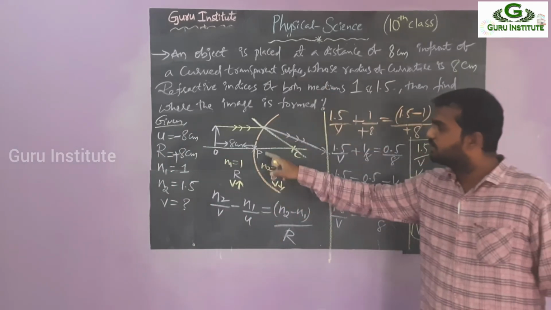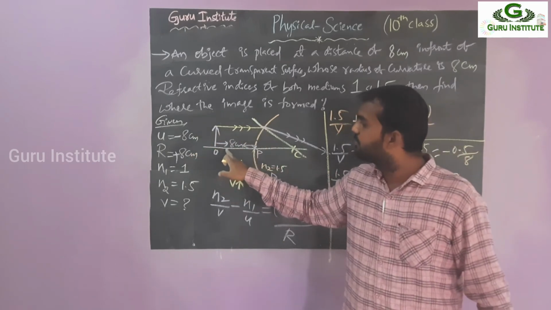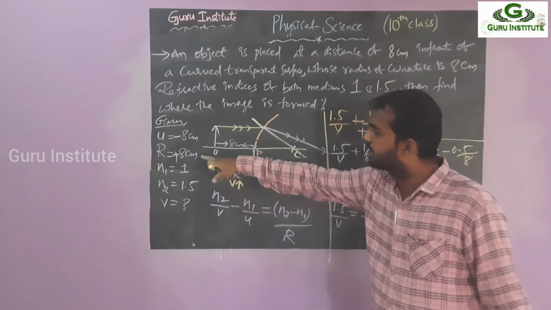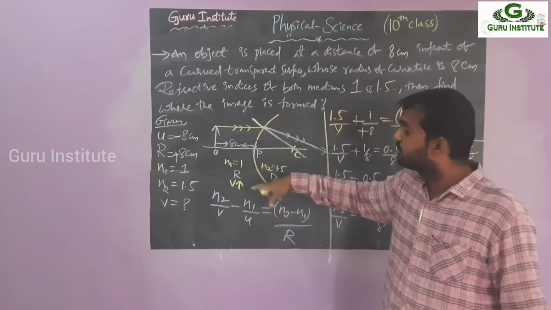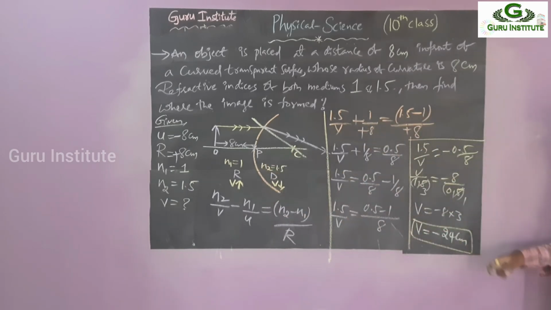So this is a structure. So this is only pole. You have to take the opposite side, so that is negative. So PC in this direction, that's why we are taking it as positive. Okay, so then N1 N2 you need not apply. So this is the total simplification. You will get the final answer as 24 centimeter.